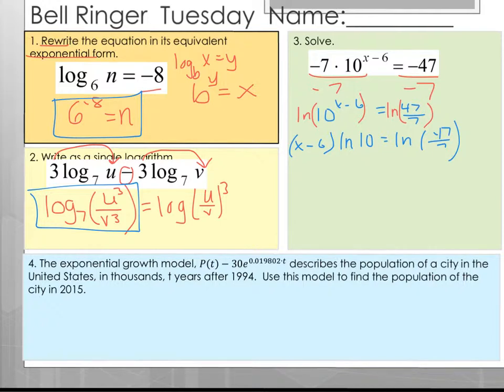Now I'm also trying to isolate the x. So I see that we're subtracting 6 from the x, but we're also multiplying that whole little binomial by the natural log of 10. So I'm going to divide out the natural log of 10 on both sides. That's going to cancel so that we get x minus 6 equals natural log of 47 over 7 divided by, oops, I dropped my 10 there apparently, divided by the natural log of 10. And I'm going to put that into the calculator and write down what I get. I get x minus 6 equals